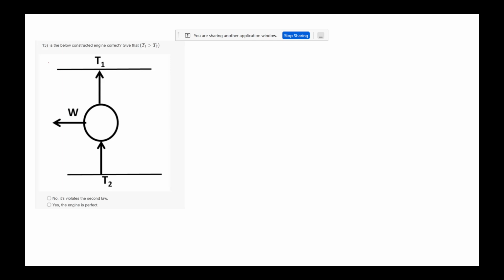What you can say is there will be some heat, let's say Q2, this is Q1, and this is some W. So from here you can say you are doing an unthinkable and unreasonable thing,